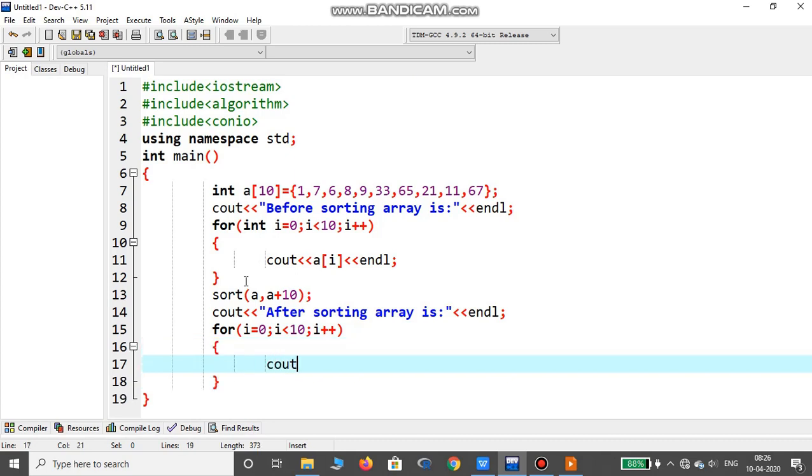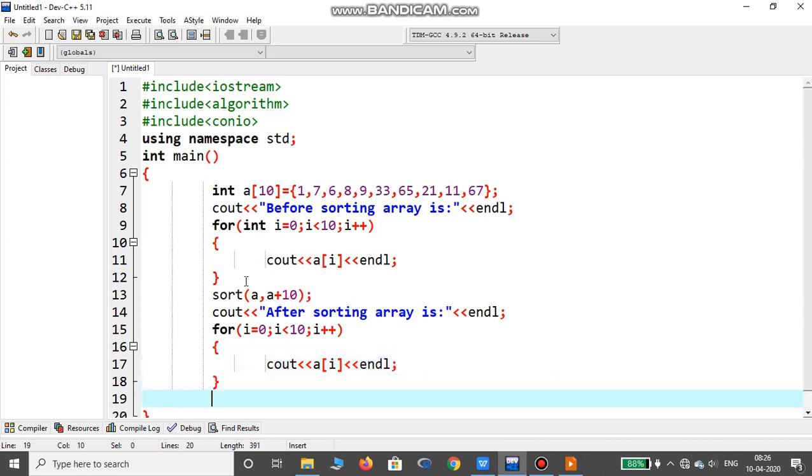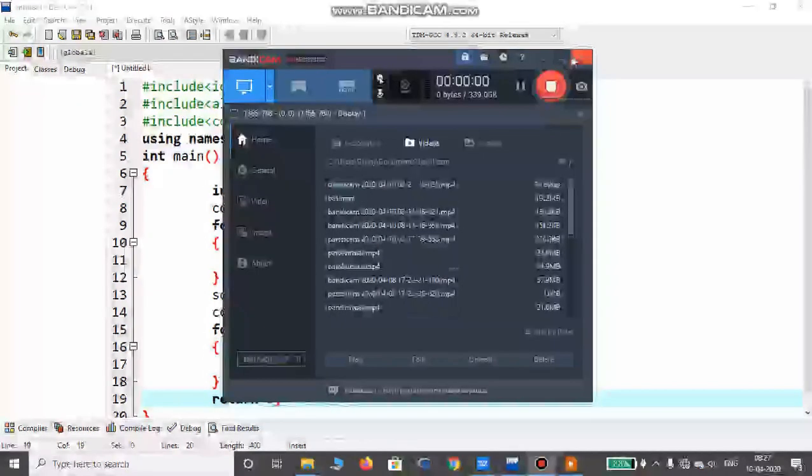Again cout a of i and endl. Here your program is over. Very simple, because